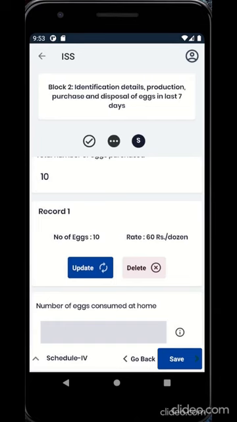Please note, for procured eggs at different rates, purchase record should be entered for each rate of purchase. For this, the user can click Add Purchase Record to add a new purchase record.